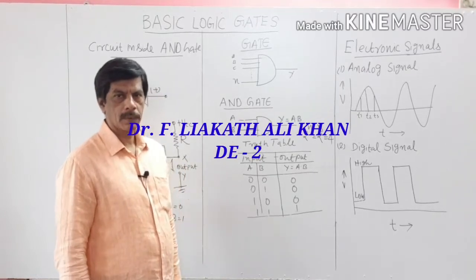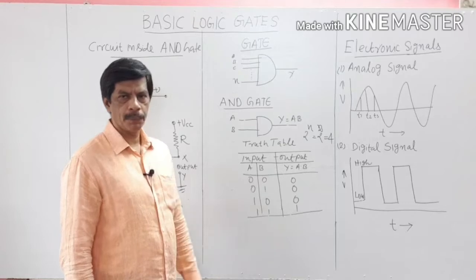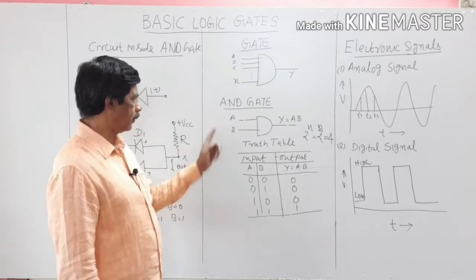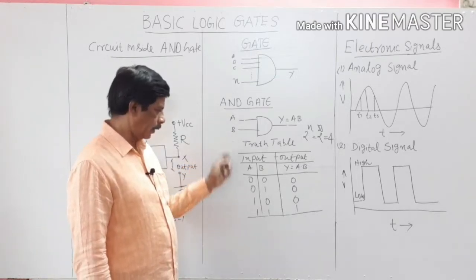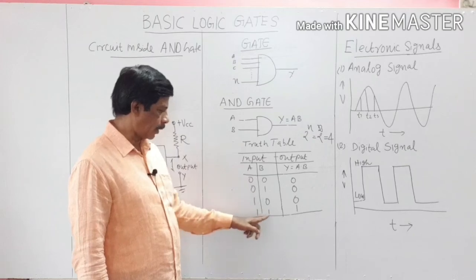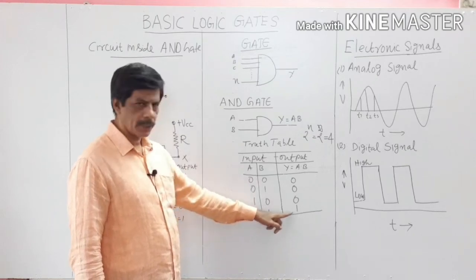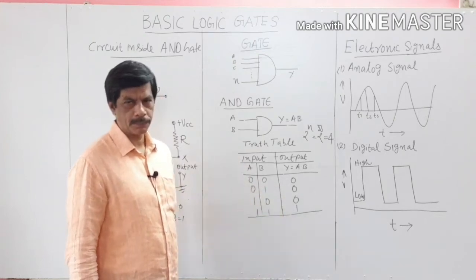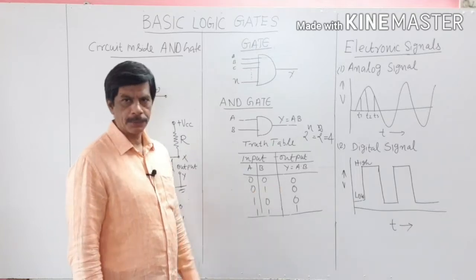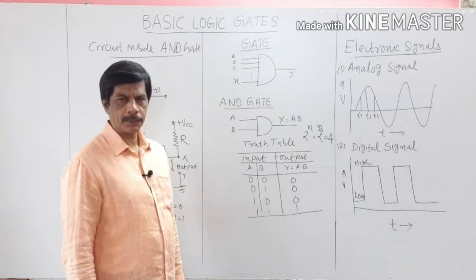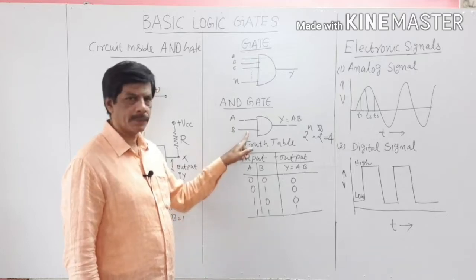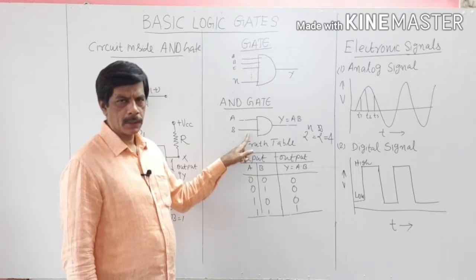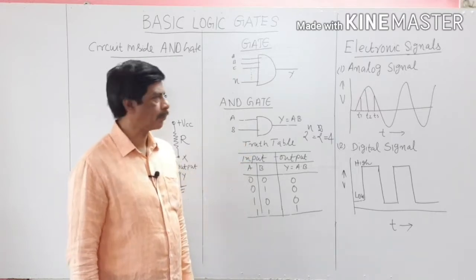We know that the AND gate performs simple logical multiplication. The truth behind the AND gate is, when all the inputs are high, the output is high. Otherwise, the output is 0. To obey this truth, there is a circuit inside the AND gate. What is that circuit? Let us discuss the circuit inside the AND gate.